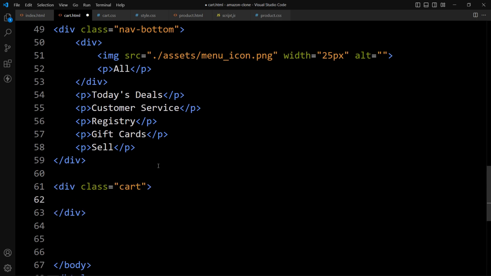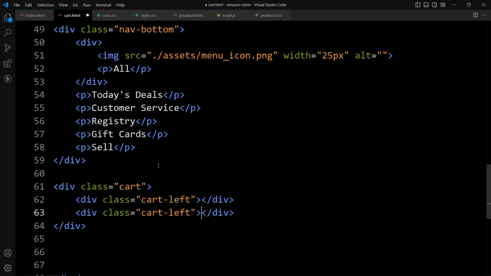In this one, we will create two divs, for the left and right. So let's add the first div with the class name cart left,